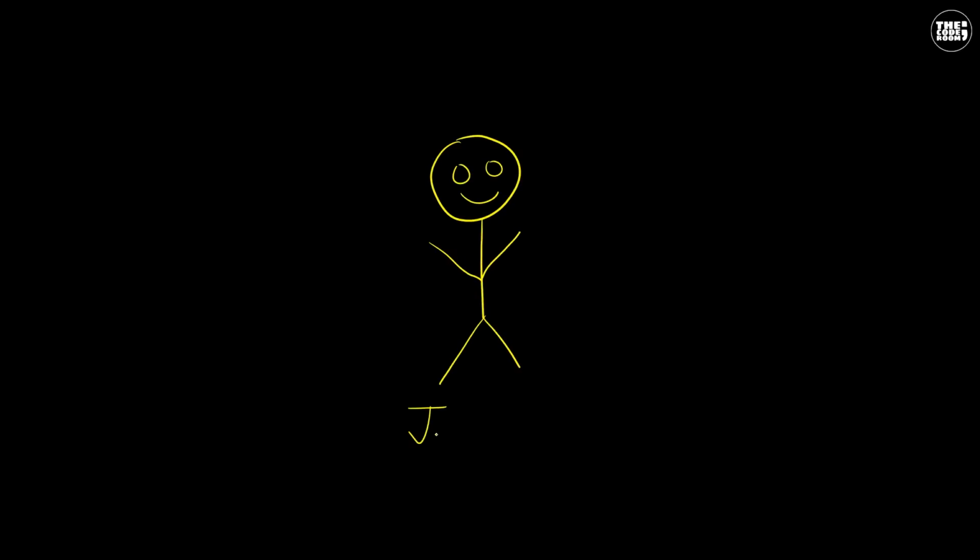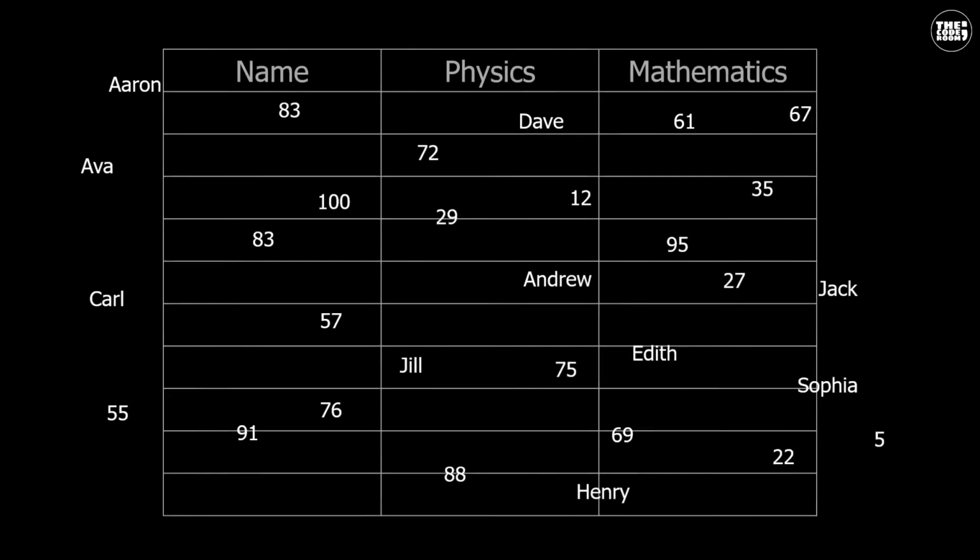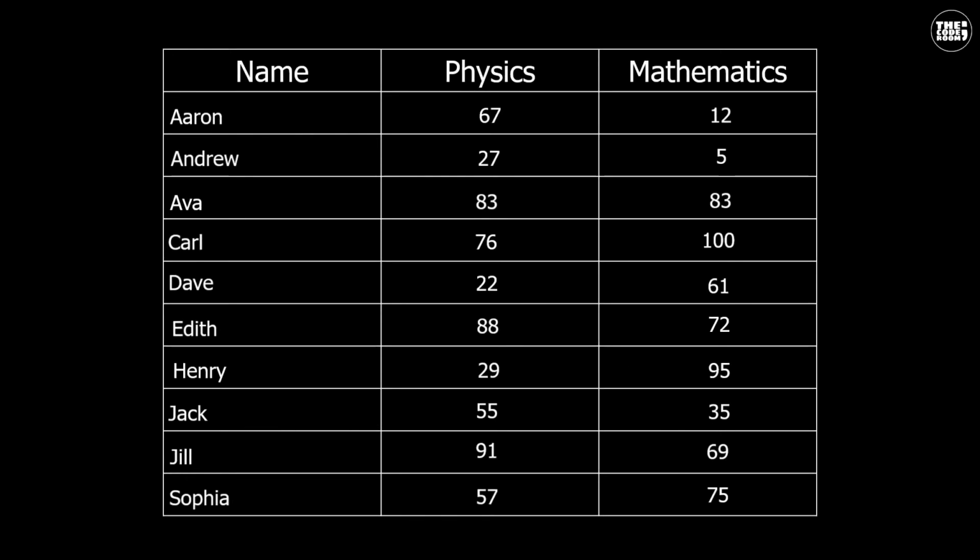This is Jack. Jack's teacher asked him to group the scores of students in his class. Jack asked each and every student about their scores and scribbled their names and scores in his notebook randomly. But this data is useless because his teacher cannot infer anything from this. So his teacher asks him to store the data in a tabular form. From this, we can easily find the marks of any student and of any subject in particular. That is exactly how data structures work.